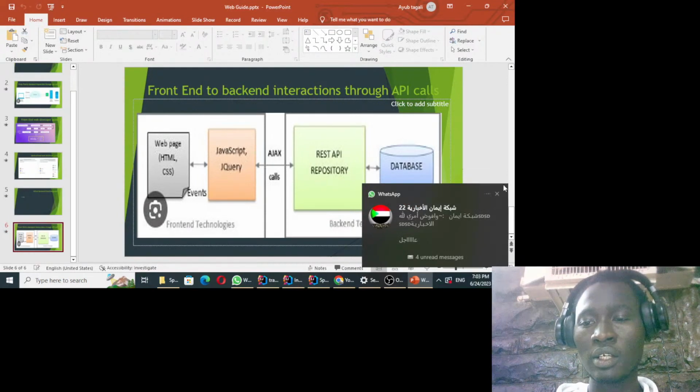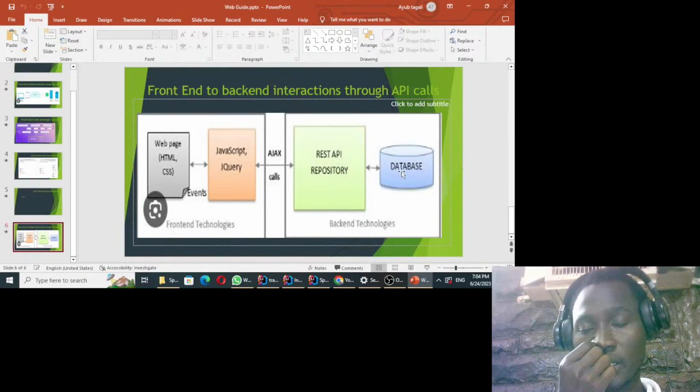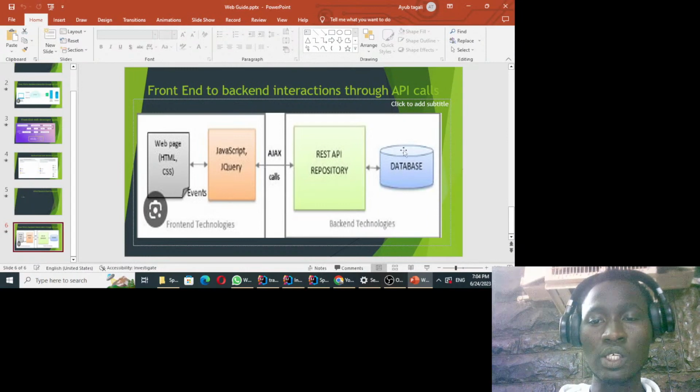So here you can see that at the backend, you have the database, which is going to store all your application data. For example, you're going to store your users, user profiles and images and all that. This database can be of any database management system. Maybe you can choose to use a MySQL database or a Postgres database, or Oracle database, or any database management system of your choice. This would be your database here.